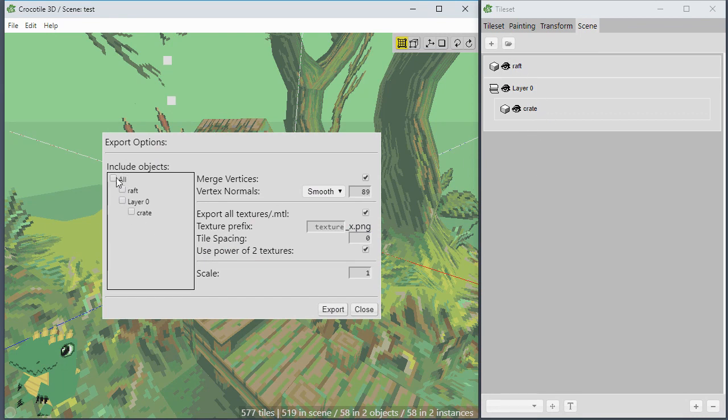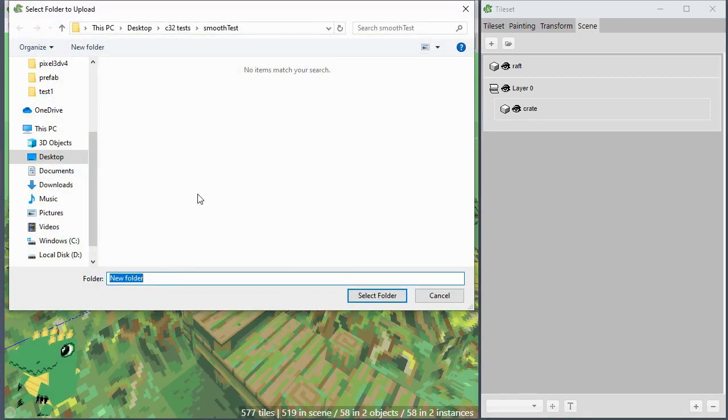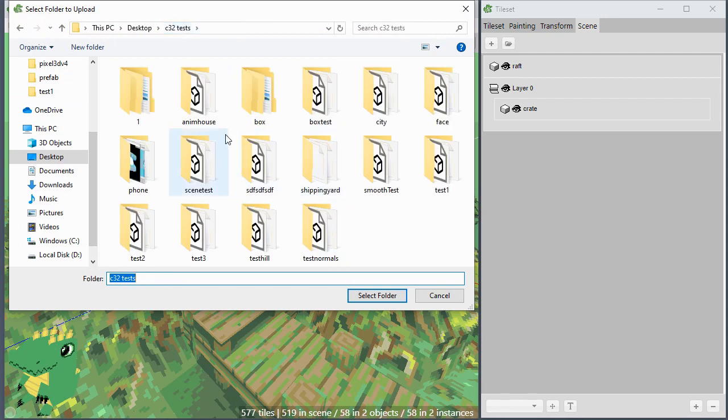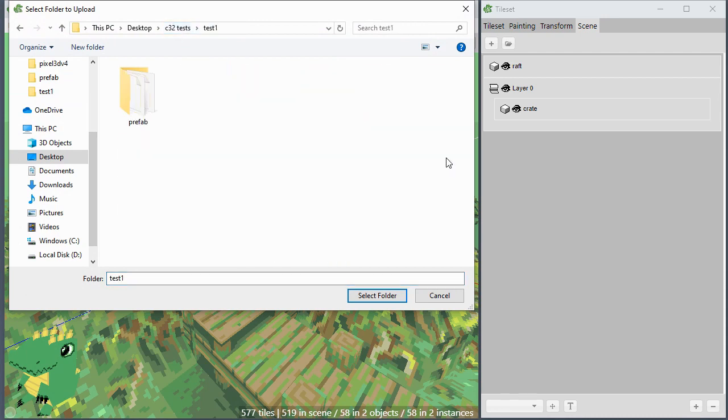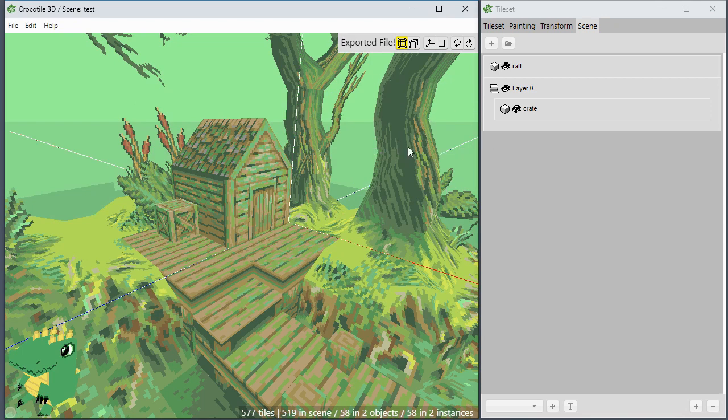Okay, so you can just select all your objects, choose the exporting options that you want for those objects, choose export, and then you'll have to choose a folder that you want to save them in. So I could create a new folder and call it objects, then select the folder, and it'll export all the objects into that folder. Okay,